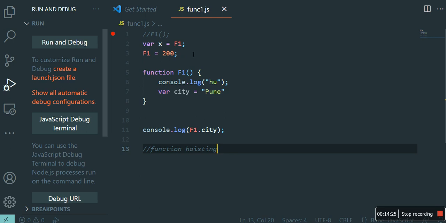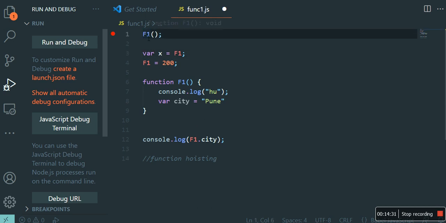सपोज you are going to call this function F1 at line number 1, बट अगर लाइन नंबर 1 जब आप कॉल कर रहे हो और ये फंक्शन F1 डिफाइंड ही नहीं है, इन द मेमोरी समवेयर, है ना, जावास्क्रिप्ट का जो भी मेमोरी एलोकेट हो रहा है वहां पर ये डिफाइंड ही नहीं है, you will get an error that F1 is not defined.